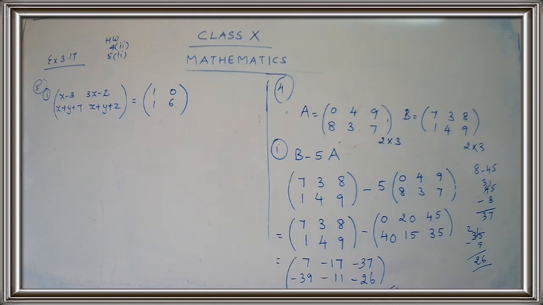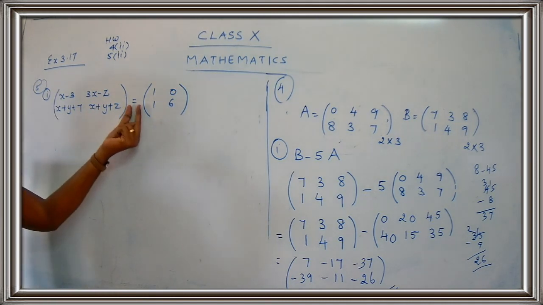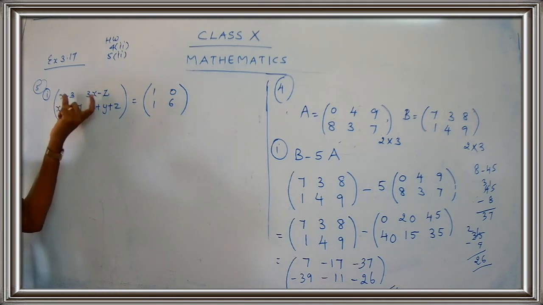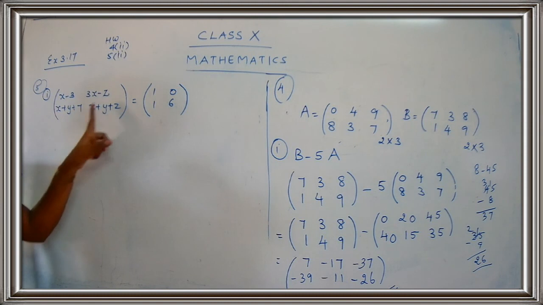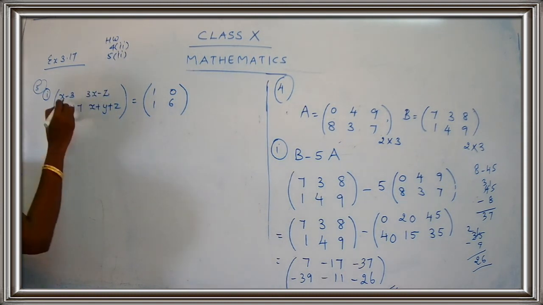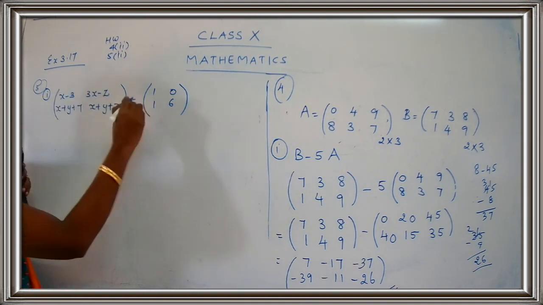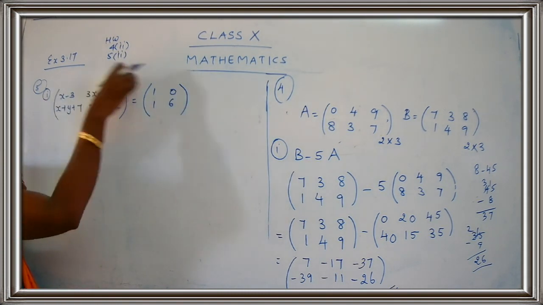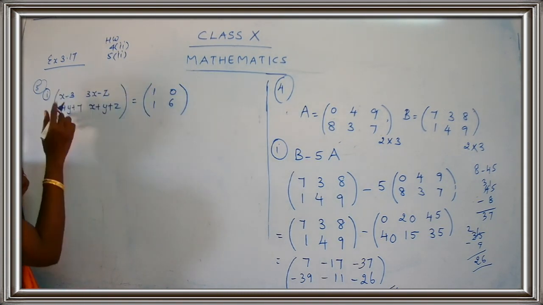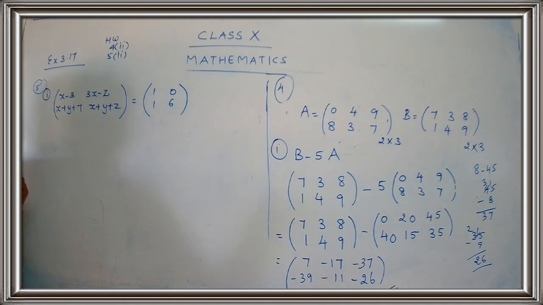Okay, let's see how to start with the sum. This is of the type equal matrix. Children, do you remember equal matrix? We had an equal to sign. That means here we have 2 by 2, that is 2 rows and 2 columns on each side. So you can take the corresponding elements to be equal. I have told you that whenever you solve an equal matrix, try to take the elements involving one variable, so that we will get the value. So I'll take this first.